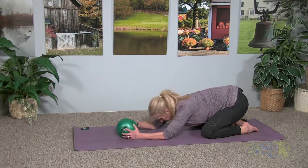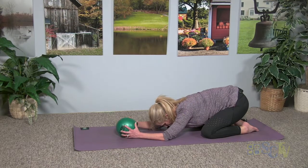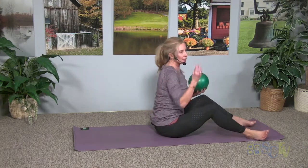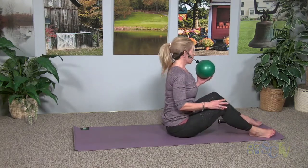Stretch back through center. And then let's come around. Beautiful. All right. So as we start to head into the final part of our workout, we've only got a